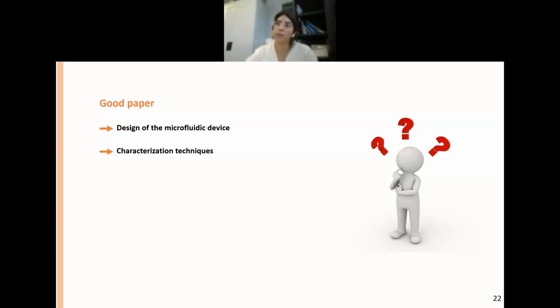Also, I think it's a very good paper regarding all the characterization techniques that they have shown. I think it's very complete. They have many evidences in the supporting information that you can also check, for example, the simulations and everything in general. And so in conclusion, I think these are some revolutionary advances in science. So because of all that, I think it's a quite good paper.